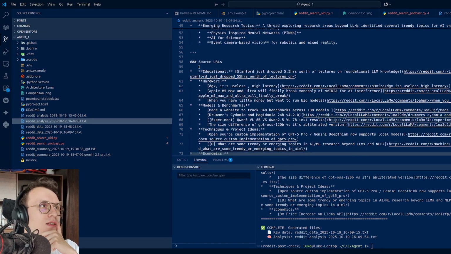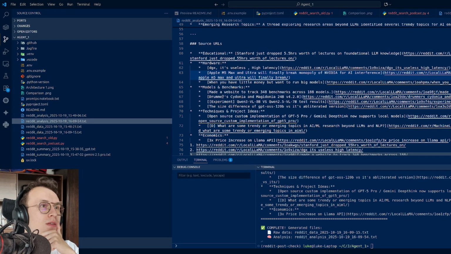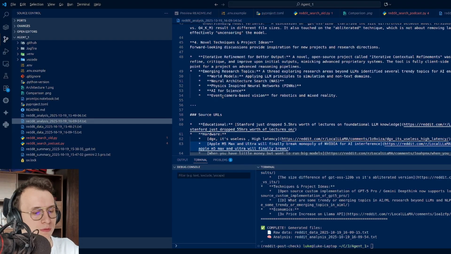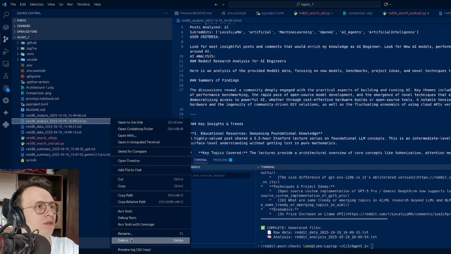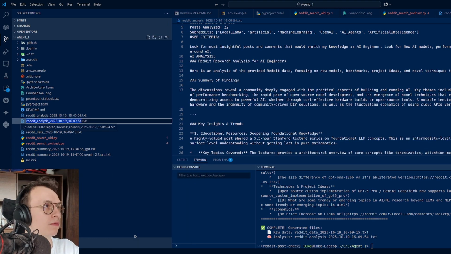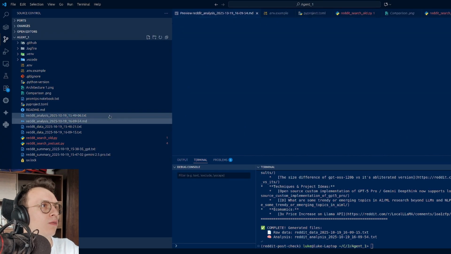Honestly, there are also markdown files for readability. Can we actually quickly preview it here? No. Control-Shift-B doesn't work on this, so I will need to make it an MD file. Maybe let's try to do it quickly. Will it be more readable for us? Yeah. And now open preview.